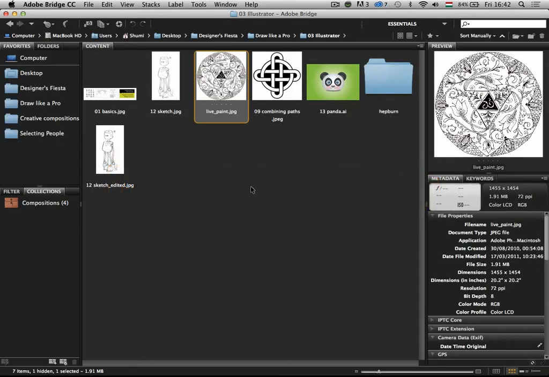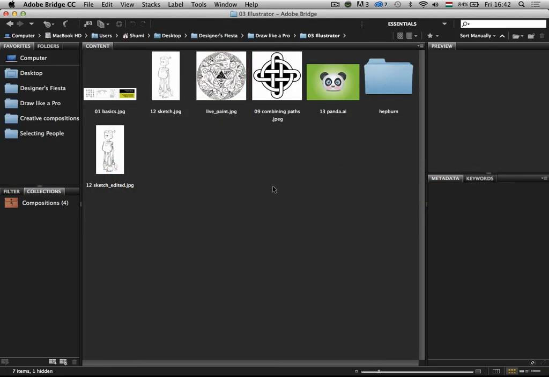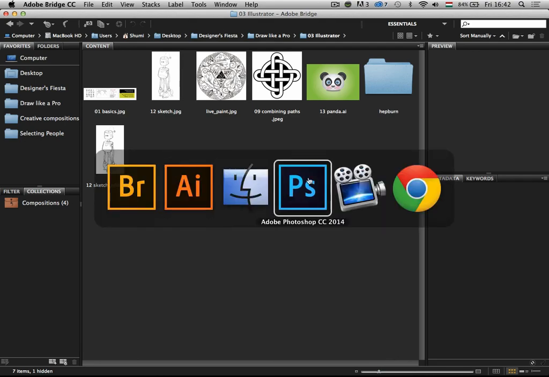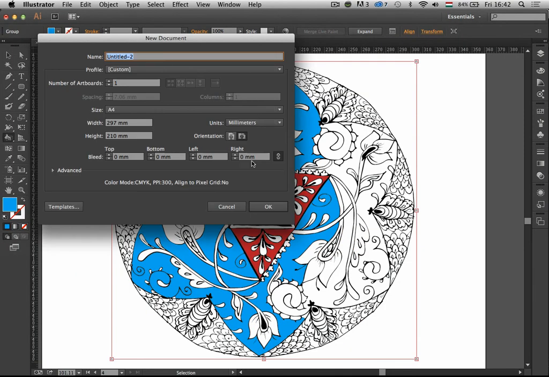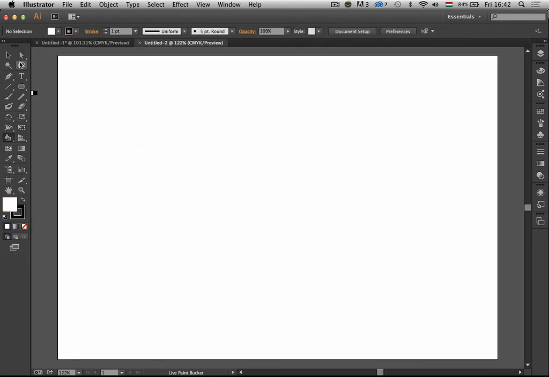So it's all good that we can use hand-drawn illustrations or just use references whenever we want to draw. But what if we want to create something from scratch in Illustrator? You can either use brushes. Let me just go back to Illustrator again, create a new artboard, and you can either use brushes and draw with them,